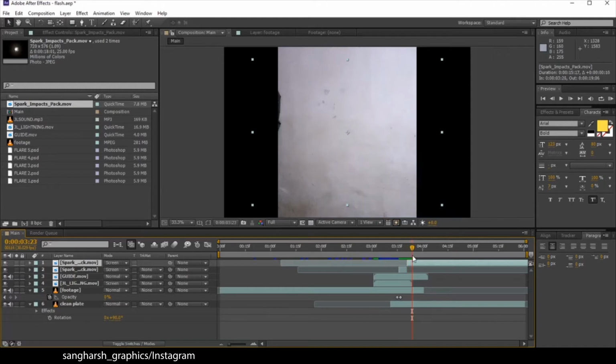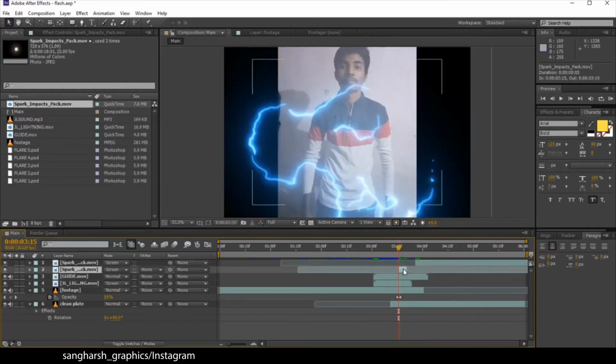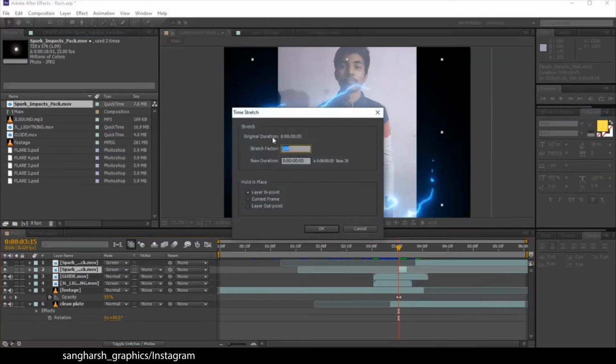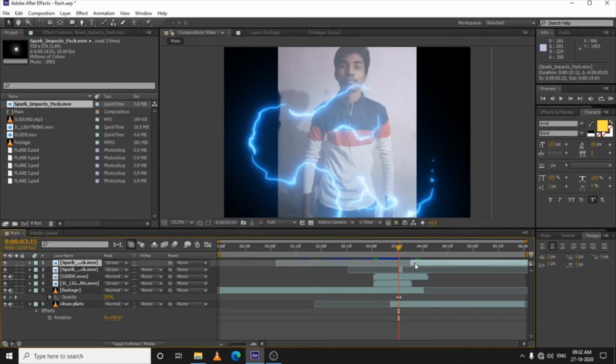So let's see, yeah, this one. We can just stretch this layer because this spark is taking too much time. Let's just make it 50%. Yep. Let's just drag it here and let's change its position to here.